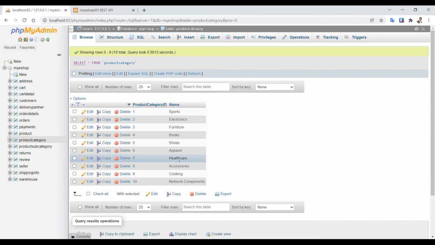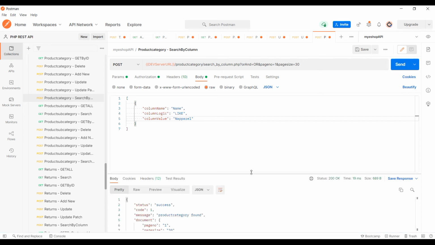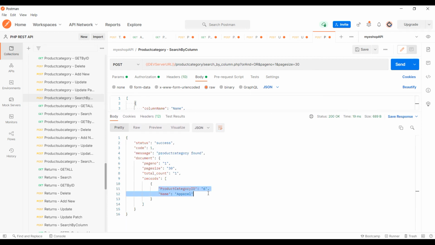So name, which matches apparel. So like apparel. Here I can just say A, and okay, if I am doing a like, I can do this kind of like also. So it is like ending with apparel. If I click send, it should give me a proper result of apparel.